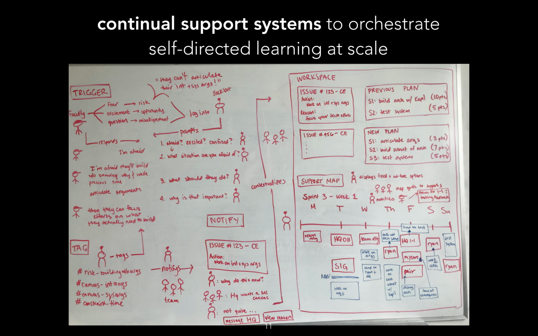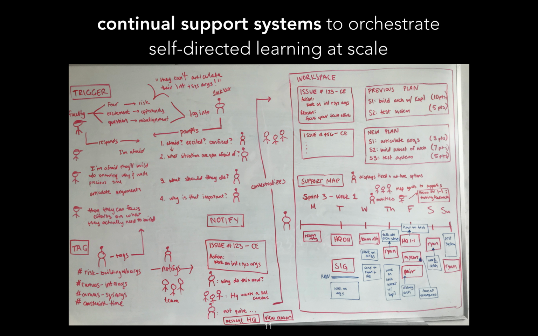So for example, say they had a SIG meeting on Tuesday and they got feedback on their arguments, and they know that they're going to have a peer research opportunity on Friday. They might then think, okay, if this is a support opportunity coming up, what is the work that I might want to do before that event so that I could set a goal for peer research and best utilize that time.